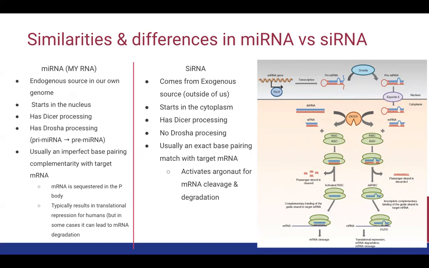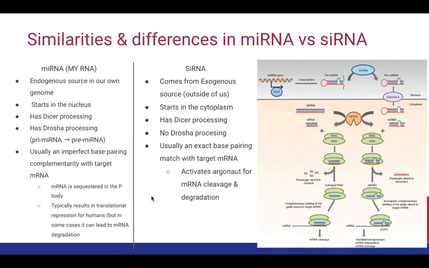So then miRNA starts in the nucleus, and it has Dicer processing and it has Drosha processing. Whereas siRNA only has Dicer processing. And then